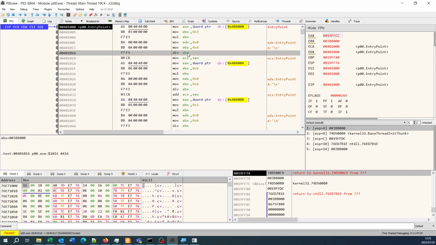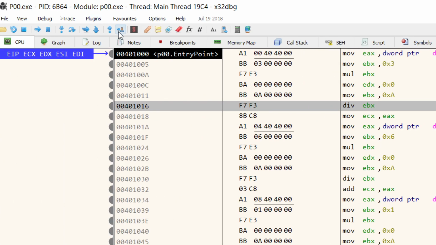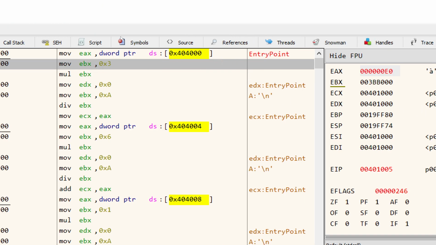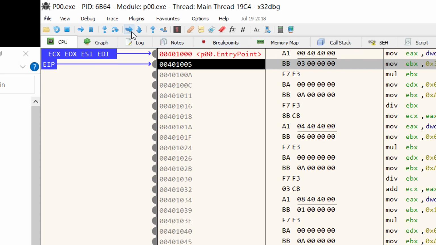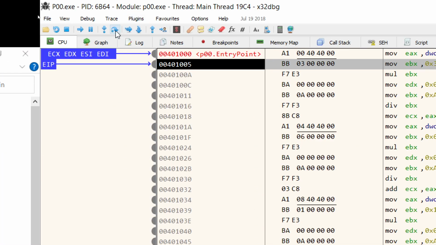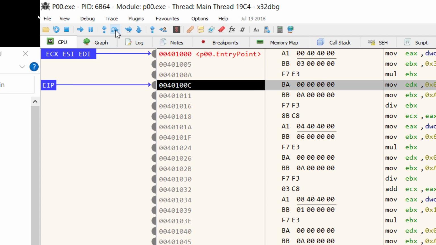But effectively, it's exactly what's happening here. So I'm just going to again step through this. Let's zoom in so you guys can see. Step into, boom. Okay, loaded the value into EAX. Stepped, oh no man. Right, it multiplied EBX. The answer is in EBX, EDX. Now I load,